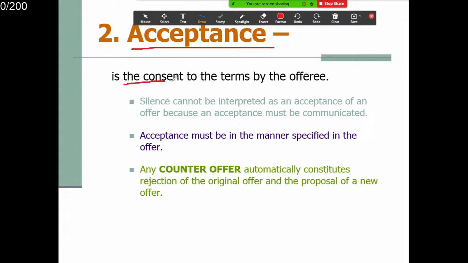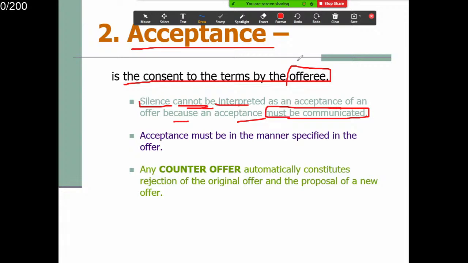Alright, then you have acceptance, 接受. It's the consent to the terms by the offeree. 接受到这个 offer 的人，他接受了。Silence cannot be interpreted as an acceptance of an offer because an acceptance must be communicated. 不说话不表示接受哦，所以就是必须要表达出来，说出来，我接受。Acceptance must be in a manner specified in the offer. 那跟着这个协议里面表达，怎么去表达去接受？你签个字回去，还是你 confirm？